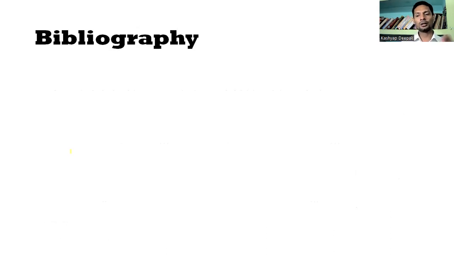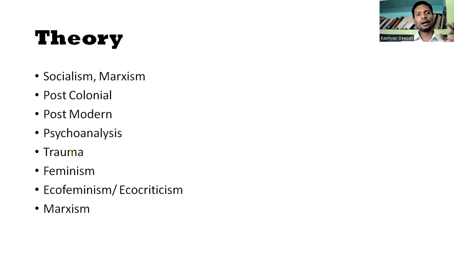And last, we will have the bibliography. Although we have given primary, secondary, and tertiary sources, and although we can give the same section here, we have to see the available literature in that earlier section, primary, secondary, tertiary. And last but not least is the theory. It doesn't matter what work you are going to do as a PhD, or what writer or what era it is, it would be very interesting for a researcher if he or she includes theory in it.